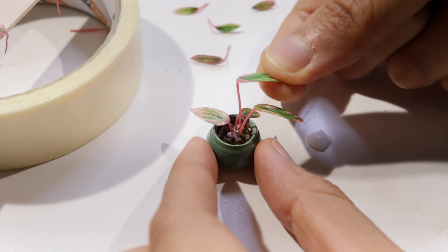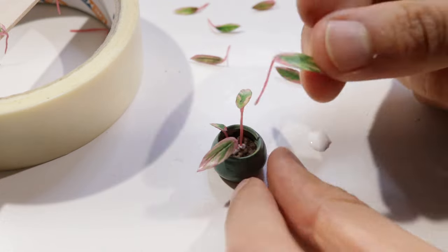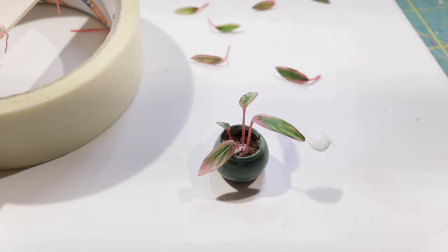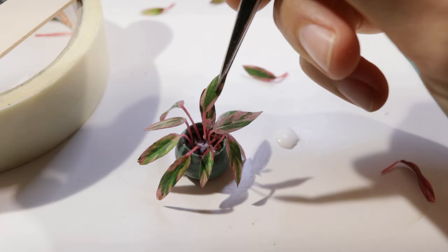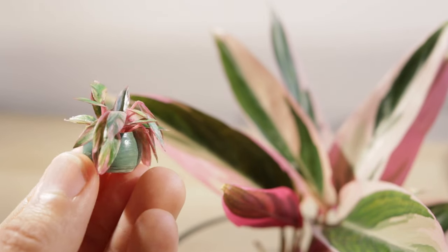Arranging the leaves was probably the most challenging part, and I'm not showing all the process here since the video is already quite long, considering it's only a small plant. But I really wanted to go through each step at a slower pace and in detail. And so that's the end